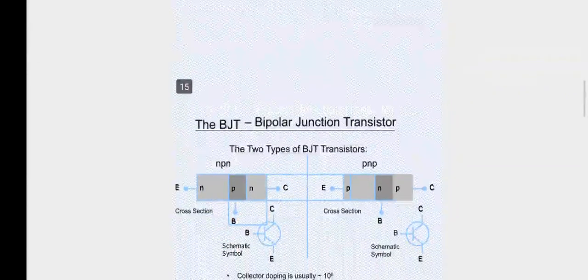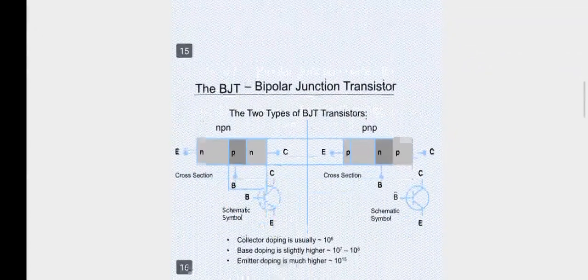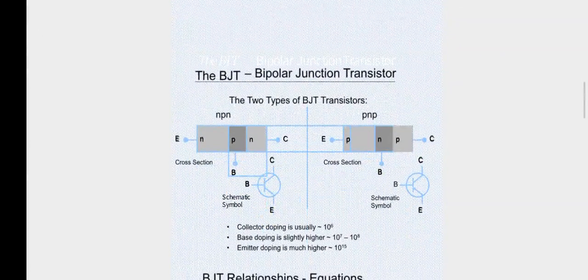Then another semiconductor device, the bipolar junction transistor, and its application. There are two types of bipolar junction transistor, the NPN transistor and the PNP transistor. A diode is a two-terminal device consisting of an anode and cathode. A BJT is a three-terminal device consisting of the emitter, collector, and base. You can see the configuration of NPN and PNP from the diagram.